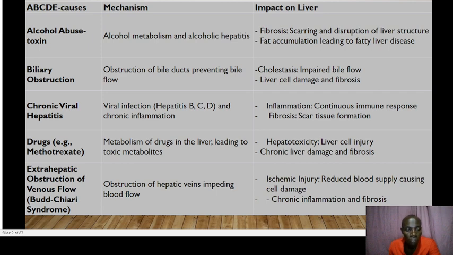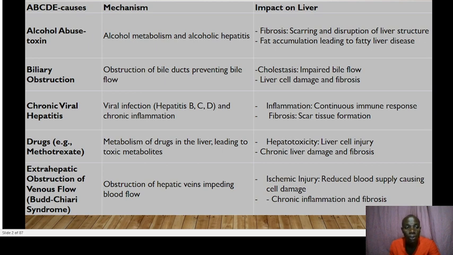Here we have the extrahepatic obstruction of the venous flow. We call it the Budd-Chiari syndrome. This normally leads to obstruction of the hepatic veins, and this impedes blood flow. As a result, we have ischemic injury resulting from a reduced blood supply causing cell damage and chronic inflammation and fibrosis. So guys, the causes of liver cirrhosis can be summarized as A, B, C, D, where